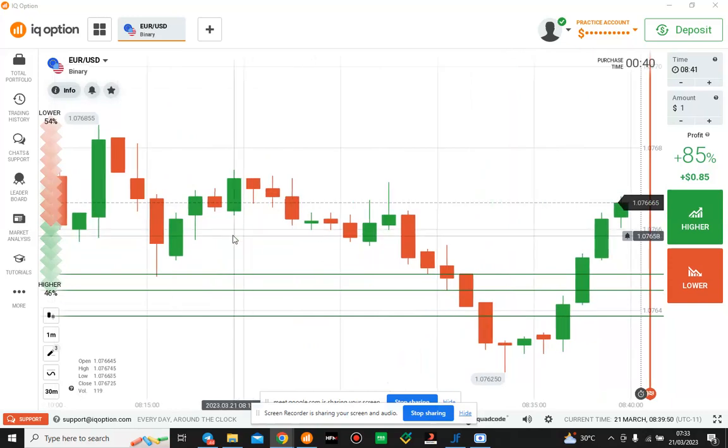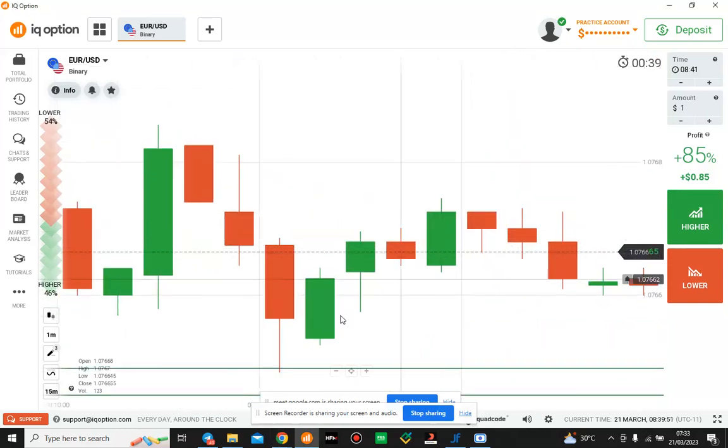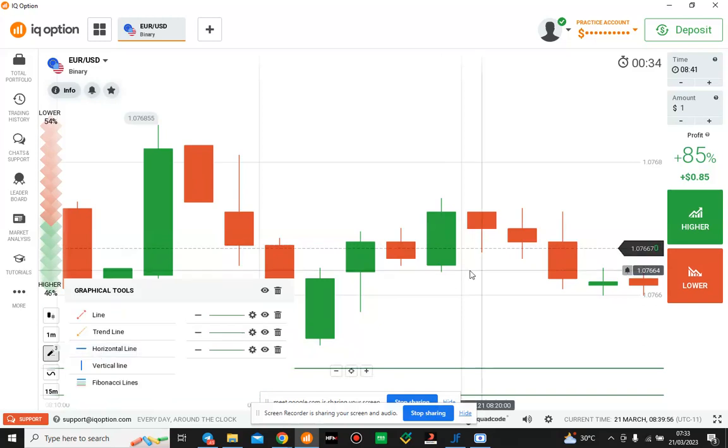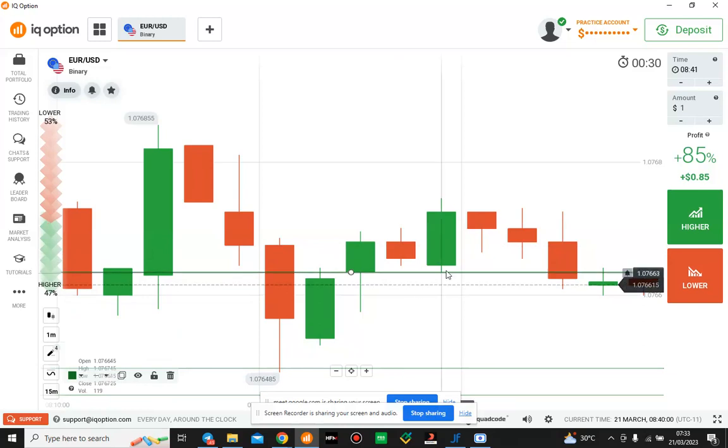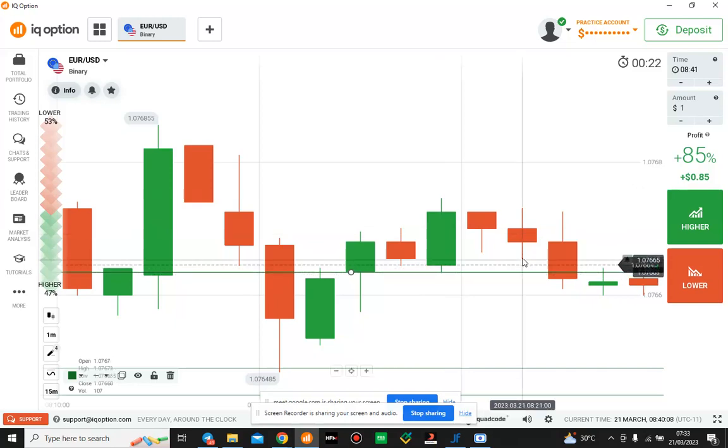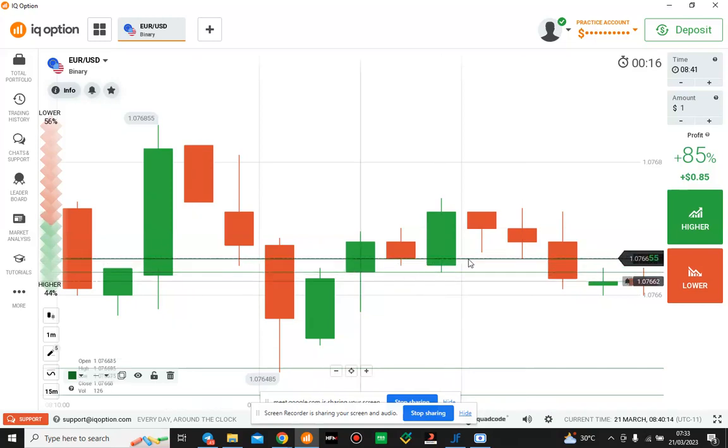Now you see the candle has already broken the level. Let's check another similar level here. Okay, check this one out. Look on the left side, we have a rejection point here, which means that from here to here, the buyers entered the market. Now look on the right side, you see that there's also a rejection before the price reached